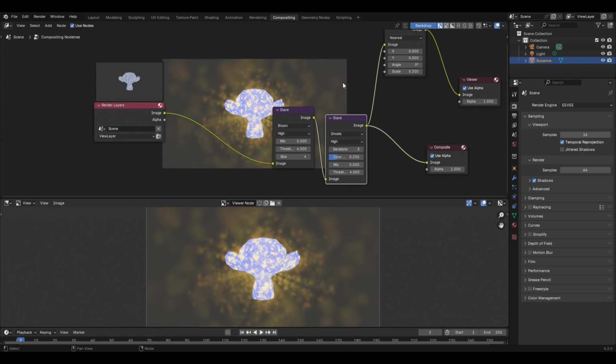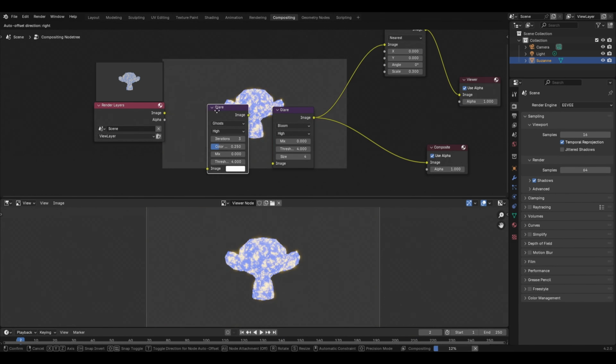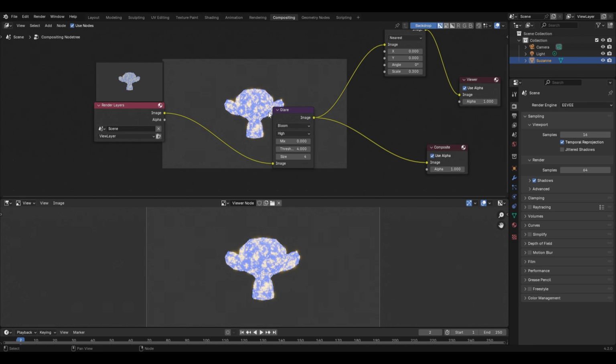First of all, I'll remove this clear node with the ghost type. So hold down the Alt button, left click and drag it away. Press X to delete, and with this we have only the rendered image with the bloom effect applied to it. Now in the compositor, you can see that we have the render layers node, and that's because it is acting as a source of this rendered image.